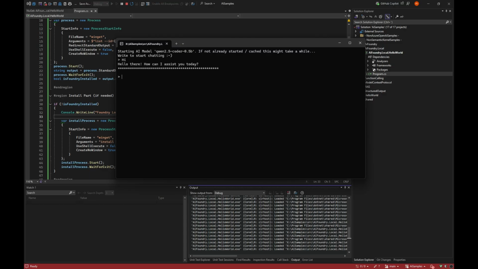So that is how you use a local model, but also just as important, how you make it out of the box for the user, so you don't need to tell them, hey, go follow this guide before you can use my AI app. It will just behind the scenes say, okay, you can have people confirm what they're doing or do it just behind the scenes, depending on the system. But that has nothing to do with AI, that has nothing to do with Local Foundry. That's how you present a desktop app in your system. So I think that is everything.